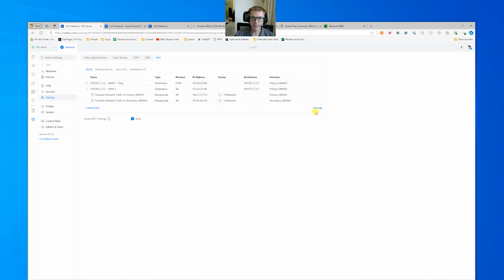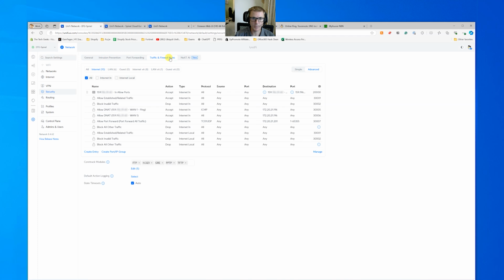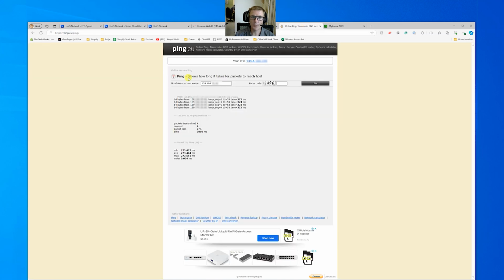And theoretically, by removing this from here, when we come back into security, and we saw before this hadn't always updated, so let's refresh this page. I would expect ping not to work because the only allowed ports here for this NAT are actually up here. This one though is explicit and basically allows all protocols and everything in. So my hope would be that if we actually do this again,